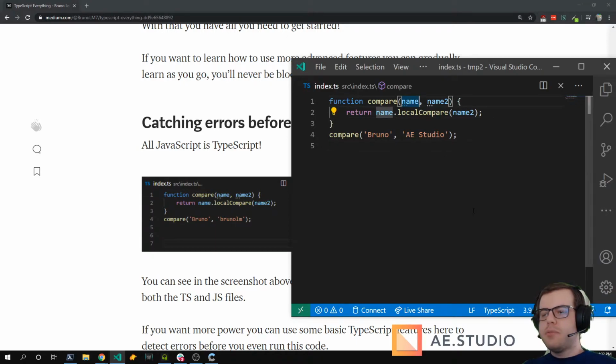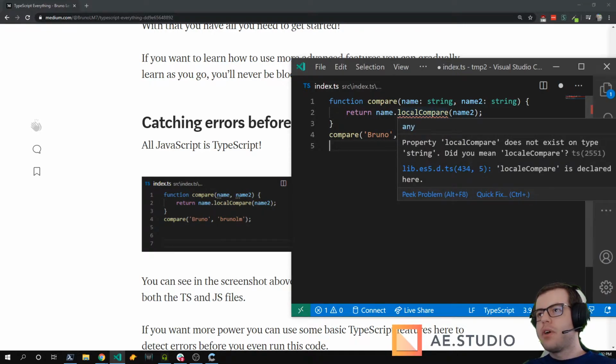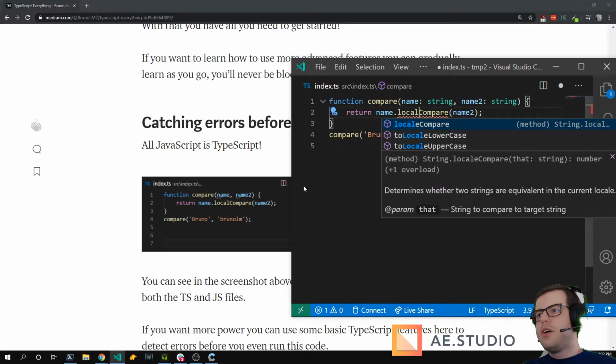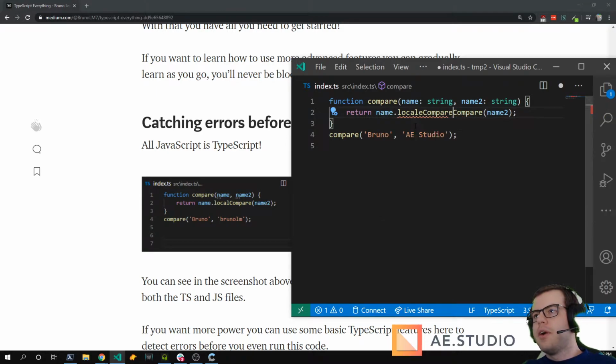So with TypeScript, if I add types to this, then it knows that in the type string, we don't have local compare. So it says this property doesn't exist on type string. So you can go here and autocomplete, and then you can find the method you're looking for, which is locale compare.